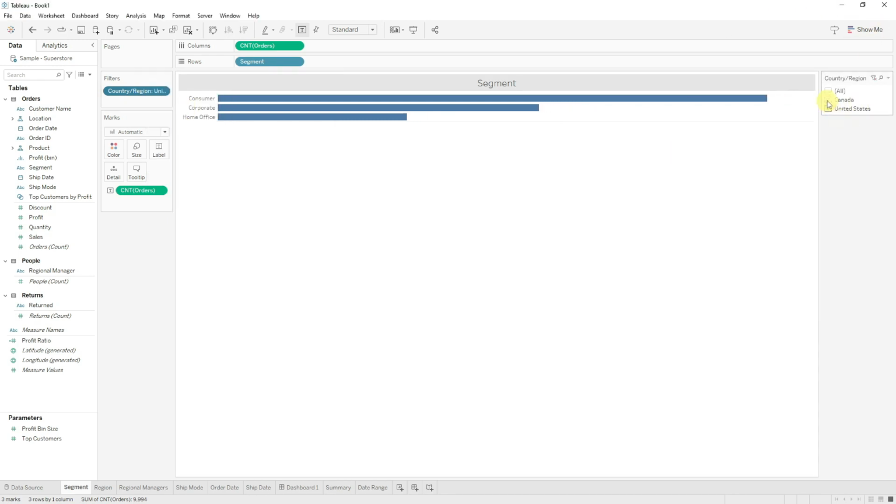Now you can see I can interact with this filter to change the values of my visualization. I can select only Canada and it'll just show me the values for Canada. I can select only the United States and it'll just show me the values for the United States. We can add as few or as many filters as we like. It's always a good idea to give our user a few filters so they can slice and dice the data